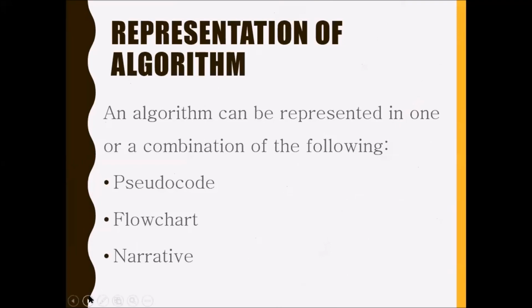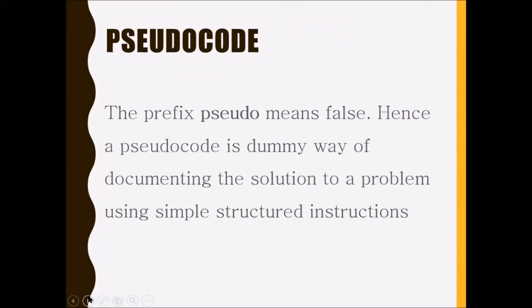All right, how do we represent an algorithm? So we have 3 ways. We have pseudocode, flowchart, and narrative. So the prefix pseudo means false. So hence a pseudocode is a dummy way of representing the solution to a problem using simple structured instructions. So it's going to mimic the